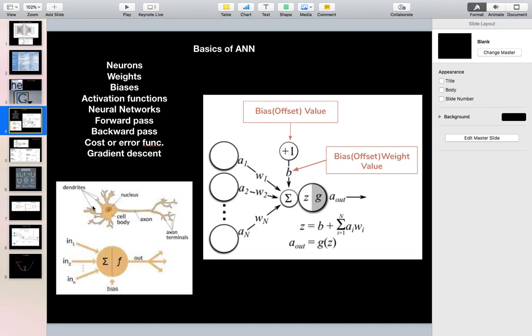So here also some calculation happens. We don't know what happens inside it, right? And it passes to the next layer, and in turn the next layer also does the same calculation. So we have tried to mimic that kind of behavior here. So input 1, input 2, input n, we have this summation here, and then we feed it to the function, and then we have the output, right?